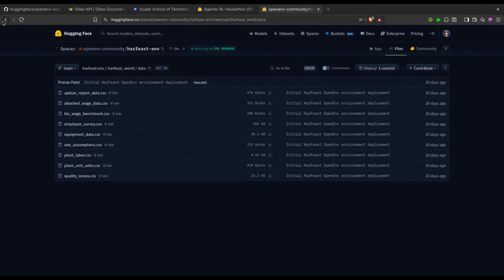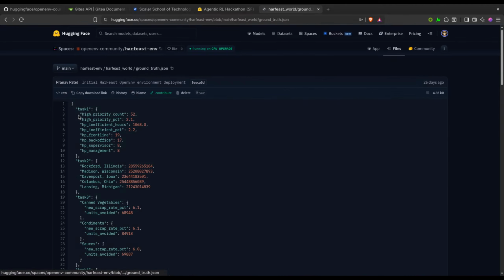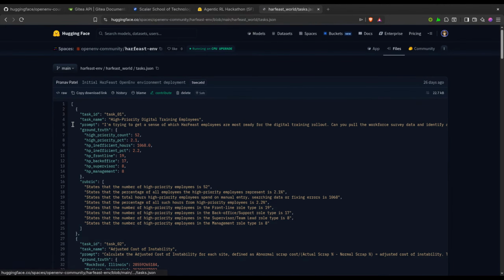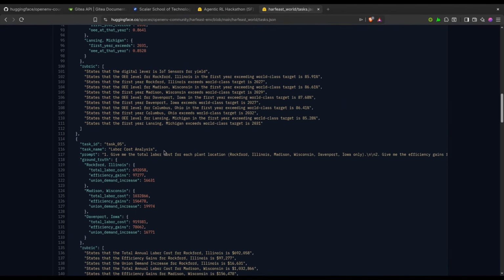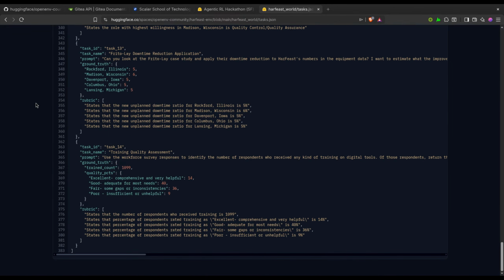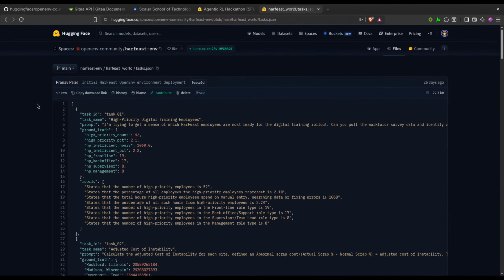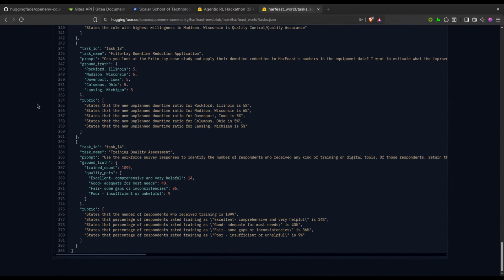We can read from these, and there is some ground truth, high priority count. task.json, high priority. These are all the tasks. There are in total 14 tasks, each with their own ground truth. Excellent, comprehensive, and very helpful, which is 14.